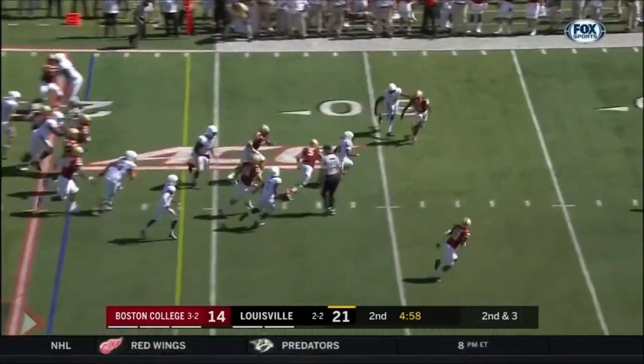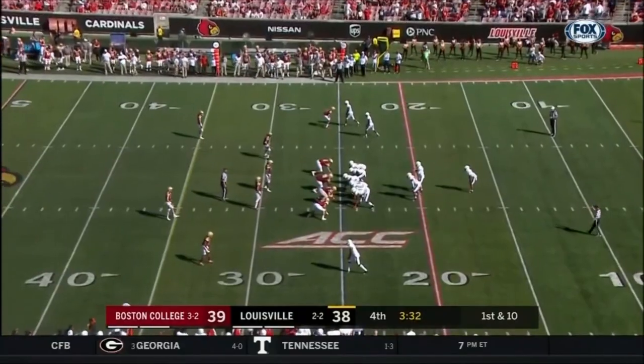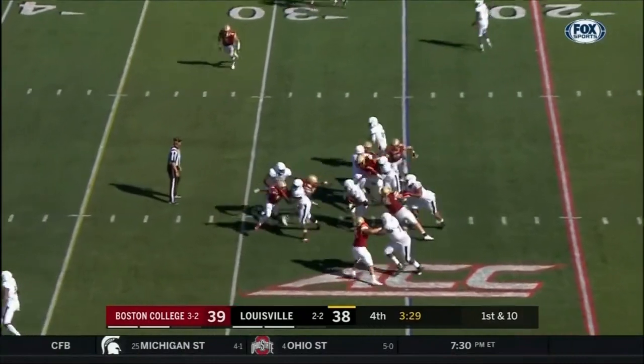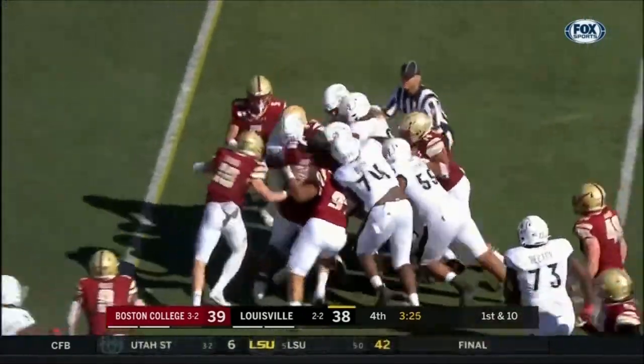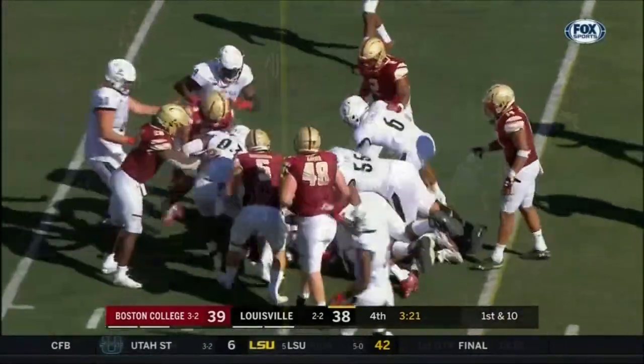Cunningham has a TD pass and run in the game. Hawkins has some space. If they want to snap this 9-game ACC losing streak, he's got to march him down. That pile just keeps on moving. Somebody lost the helmet in there, too. They got to blow the whistle because they...